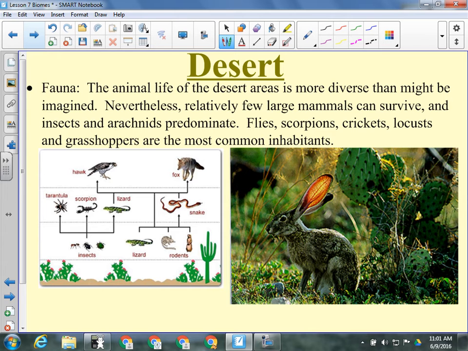The animals that live in the desert have to be adapted to hot. It's going to be hot and it's going to be dry. So a lot of animals are nocturnal. They only come out at night when it's cooler. Some animals, like reptiles, may have a very